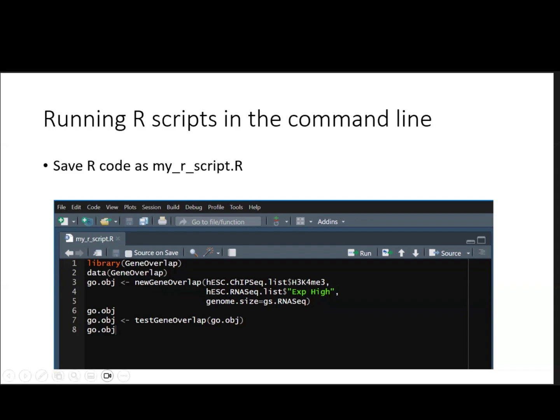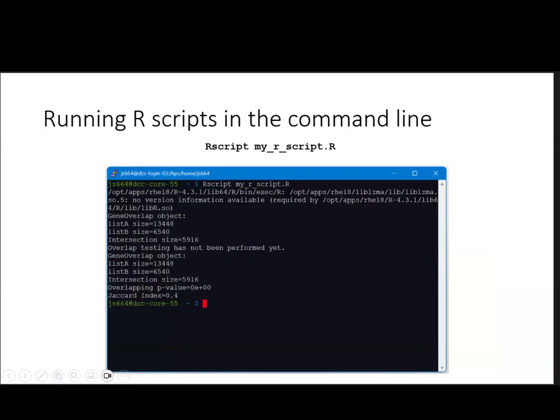So if you want to run that, save it as something that ends in .r, like a regular R script, and then the code to run on the cluster, once you've moved that script to the cluster, is capital R script, and then space and then the actual name of the script. And so now that I have that there, once you hit enter, it gives you the exact same output we had from the interactive session. So that's kind of the clunky way that you can use this if you want to use